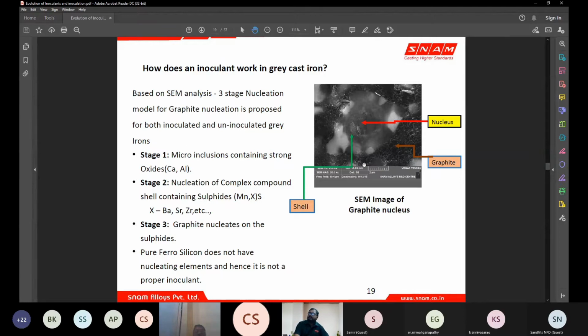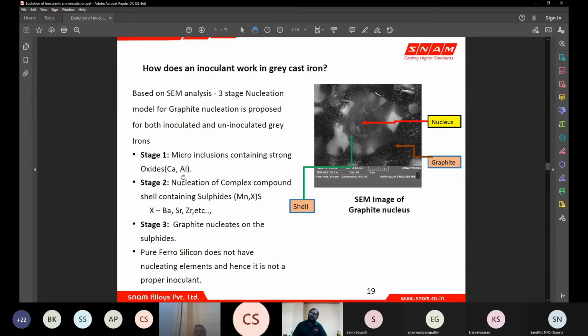And when we went deep into the microstructure, which was close to around 20,000 X in a grey casting sample, we could find a small gray area which is marked in red, which showed presence of calcium, aluminium, and oxygen. So in conjunction with the literature, the nuclei in the grey casting is generally calcium and aluminum based. So it's either aluminates or calcium oxides.